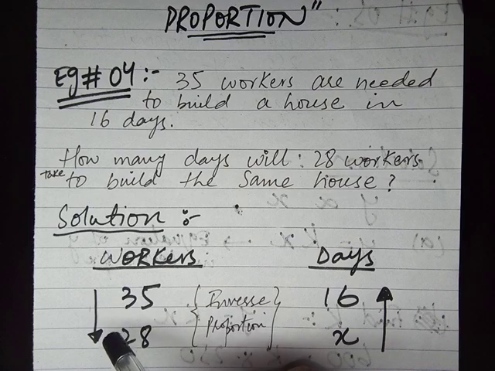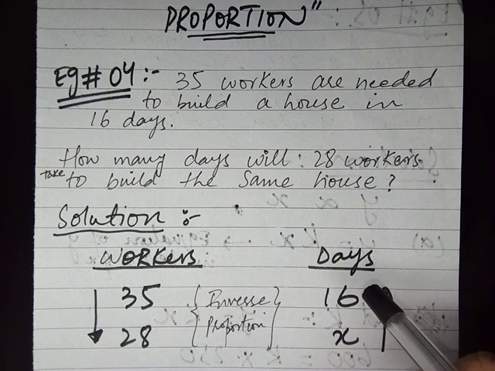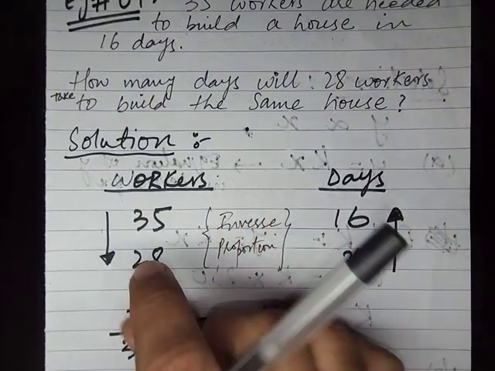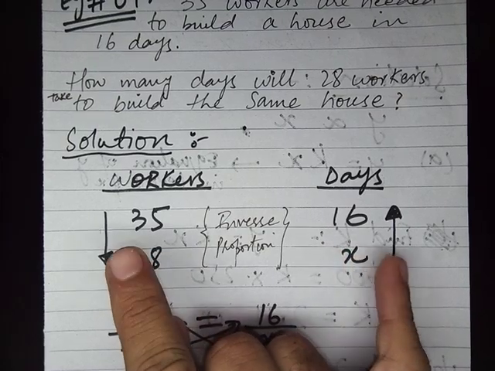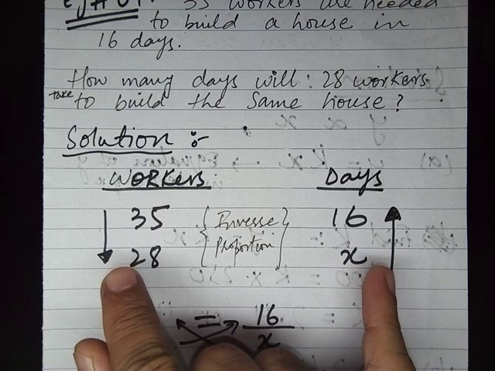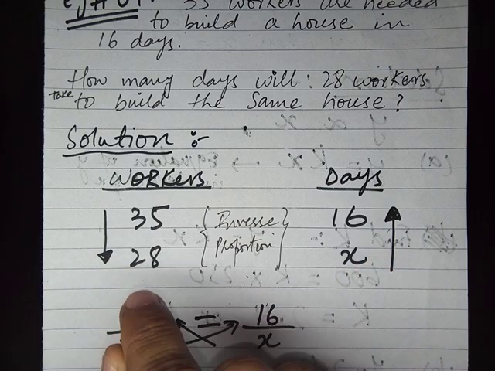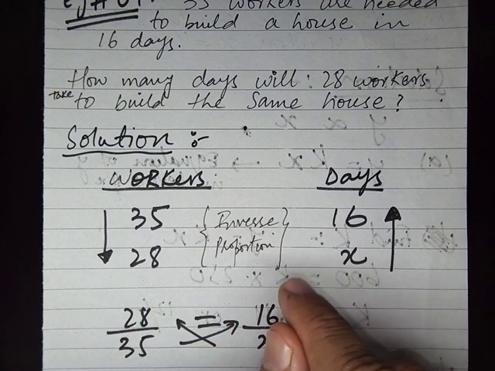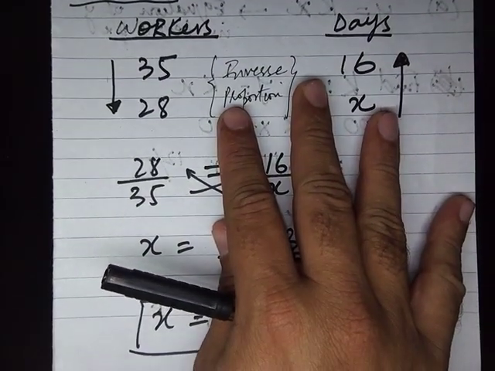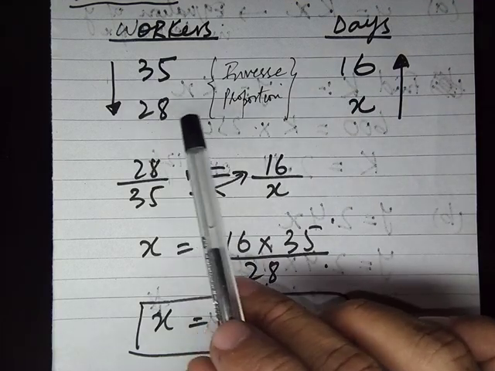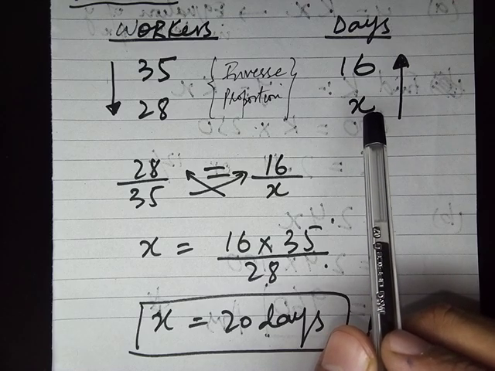So when the number of workers decreases, the time or days will definitely increase. So there is an inverse proportion between these two quantities. When I put the arrows according to the inverse proportion, I will write 28 as a numerator because the arrowhead is towards the 28. So 28 upon 35 equals 16 upon x, and after using cross multiplication I can easily find that 20 days is my answer. It means that 28 workers take only 20 days